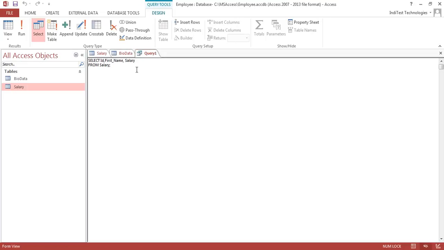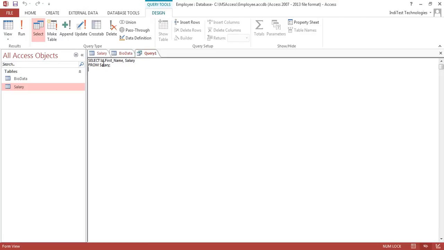This session is in continuity to our discussions on using the select statement to query your tables in MS Access. And this is from where we left off in our previous session, and we saw that if we want only three variables to turn up in our query results, this is the way you type it in SQL.